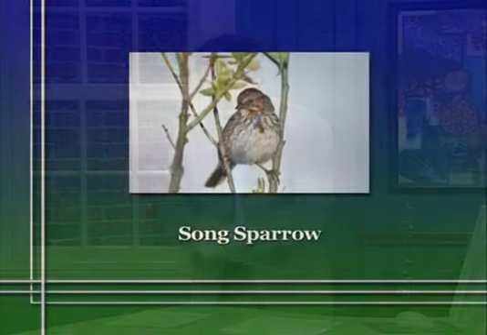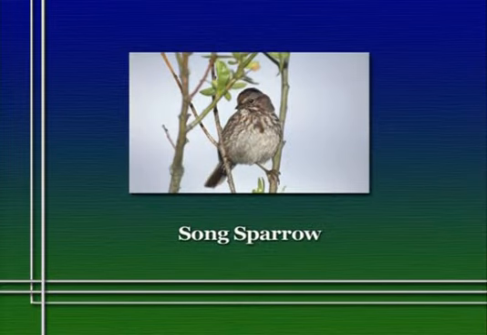And the example I want to use is the example of territorial behavior, say in a population of song sparrows. We'll use song sparrows because we talked about them last lecture, you remember, in the context of an island population that fluctuated in its population size. Actually, song sparrows are very common birds occurring throughout North America. They live in hedgerows around fields. They're a very common bird that you would find in a suburban garden, for example.